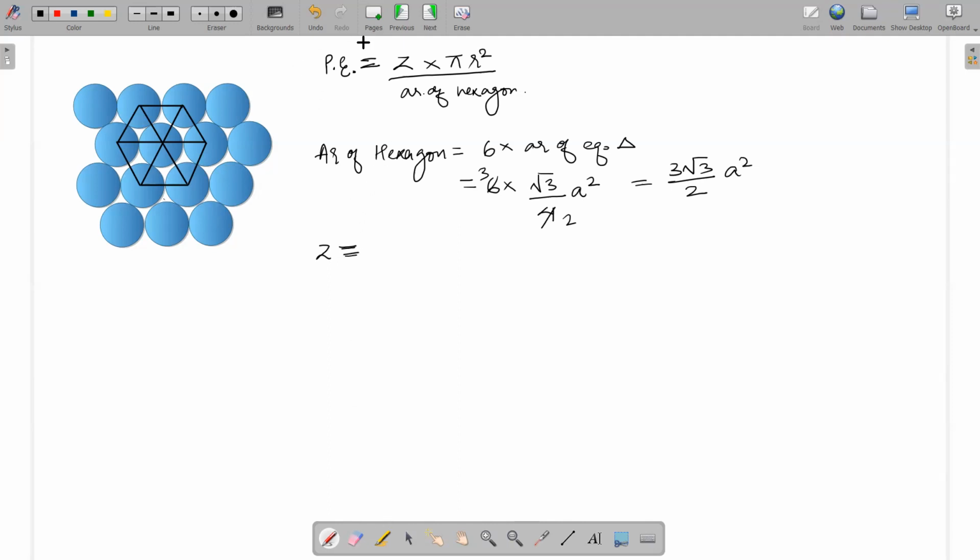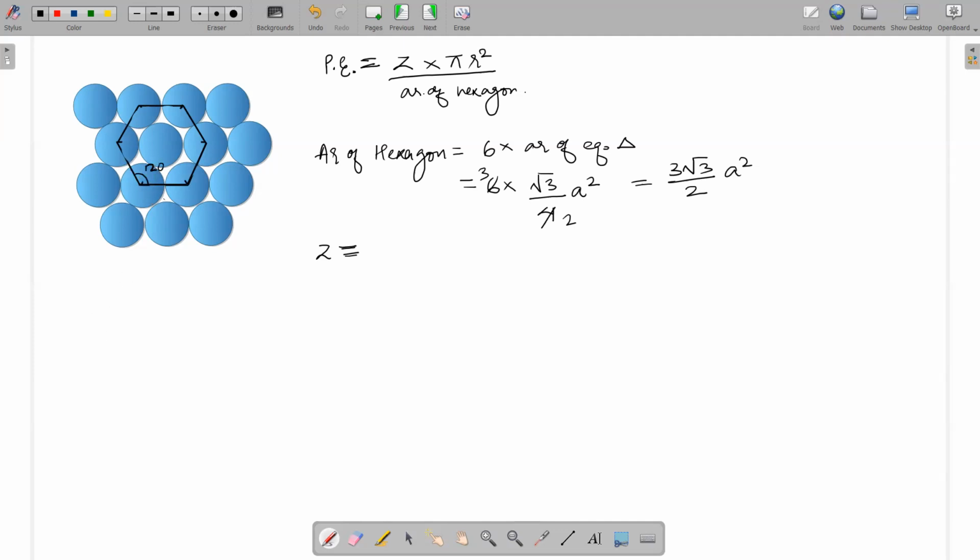Now I am erasing those parts. Okay, wait a second. I'm erasing the inside ones. So for Z, what did I ask? I asked you to use the angle method. So let us use that angle method. Let me just complete these things. What will be the angle here? 120 degrees, correct.